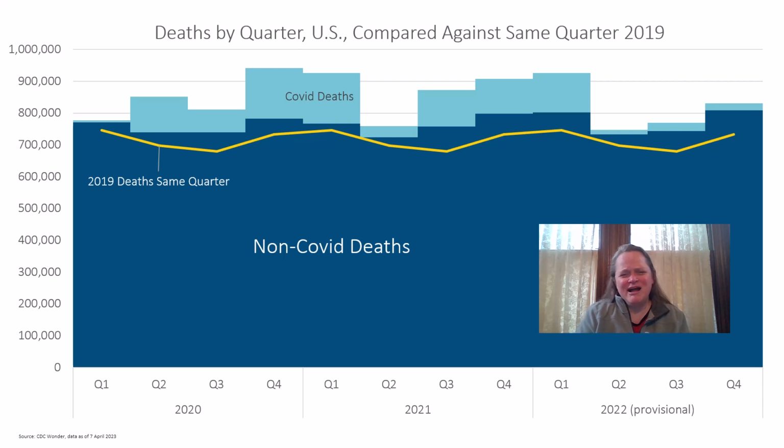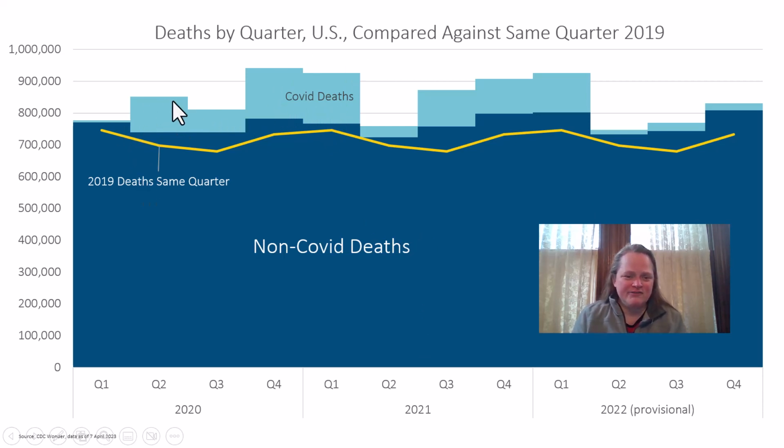But it also kind of lines up with seasons where we have winter, spring, summer, and fall. So first quarter is kind of wintry. Second quarter is kind of spring. Third quarter is kind of summer. It's not exact, okay? And obviously weather does differ geographically somewhat. But if we look at this, I show the non-COVID deaths in the dark blue and COVID deaths in the light blue,